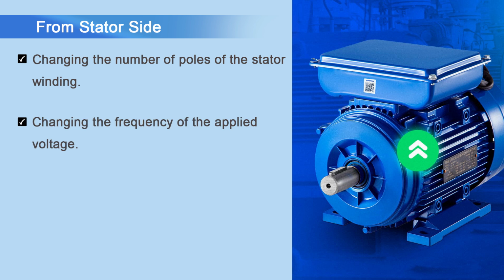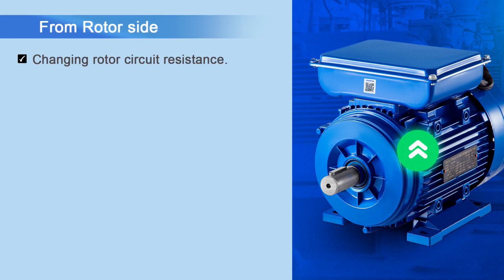Second, by changing the frequency of the applied voltage. And third one, by changing the stator voltage. So, these three control methods, they are possible from stator side. Now, if we consider the control from rotor side, so changing rotor circuit resistance, of course, this is